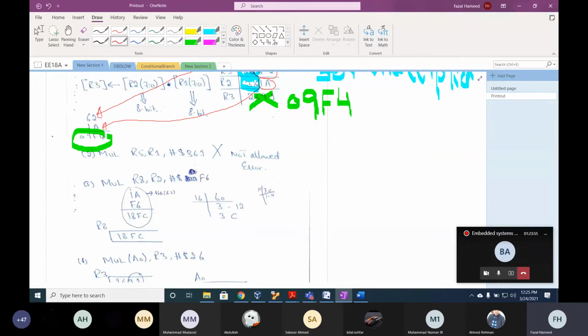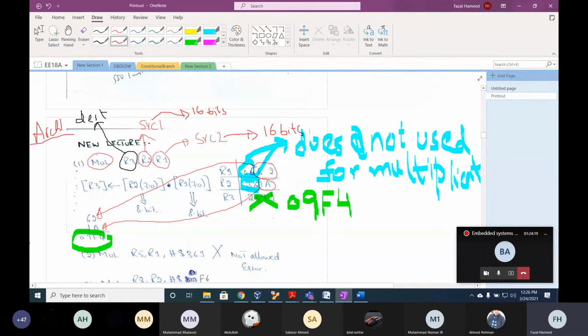Some architecture supports only integer instructions, integer addition and subtraction. It does not support multiply and divide instructions. Architecture 1 supports a limited version of multiplication. It means that it supports 16-bit addition and subtraction, and it supports an 8-bit multiplication. So is architecture 1 supporting an 8-bit multiplication or a 16-bit multiplication?